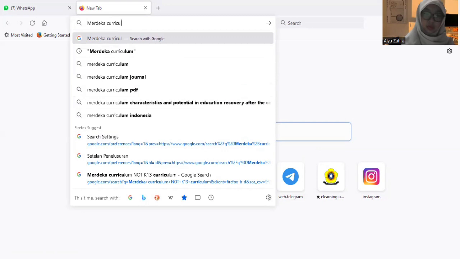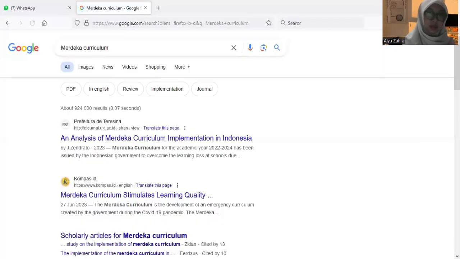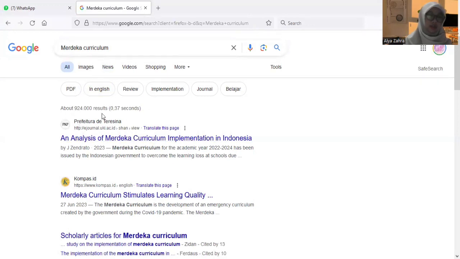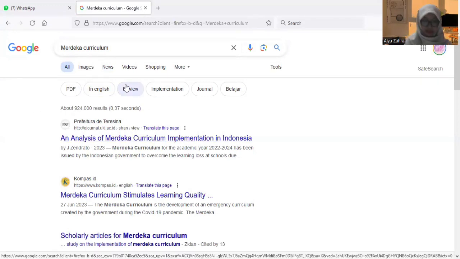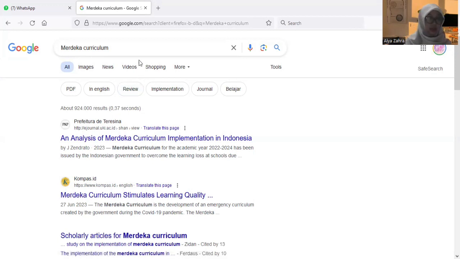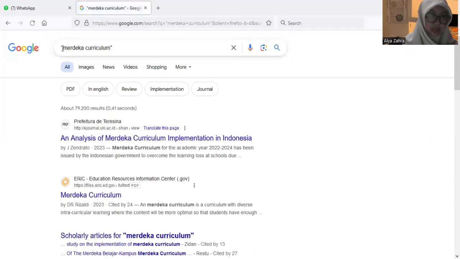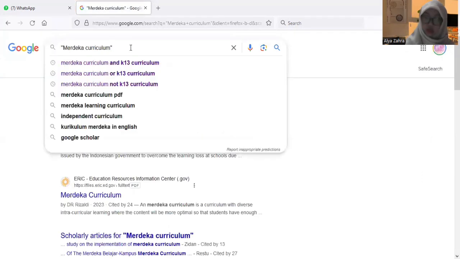Curriculum, and then you can see the results when I search Merdeka curriculum and curriculum, and the result is very many, right? 9,024. So when we use quotation punctuation like this, it can decrease. See, it's a very big decrease, right? So when we use